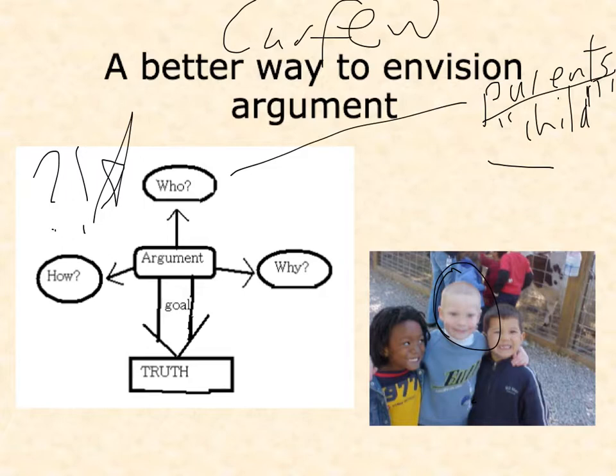If our two parties are parent and young person, right? What does the young person hope to get out of the argument? What do they want? Permission. They want permission to do what they want, be more specific. We're talking about a curfew. They want to go out and they want to stay out later. If the parents say your curfew is midnight and you want to be out later than midnight, then your reason for having this argument ostensibly on the surface is I want to be out later because being with my friends is more fun than being with my family. And that's the way most teenagers feel.